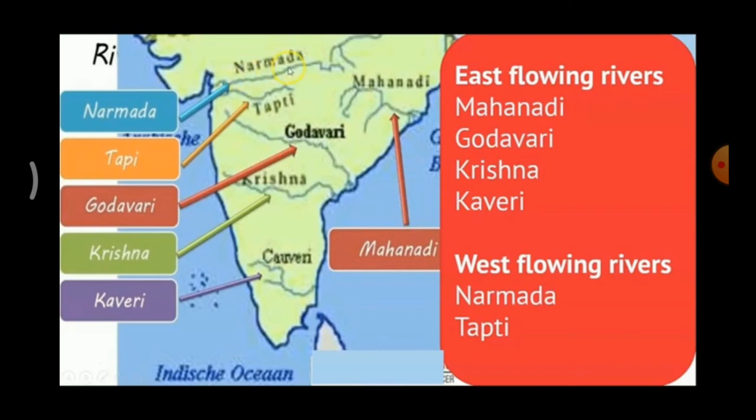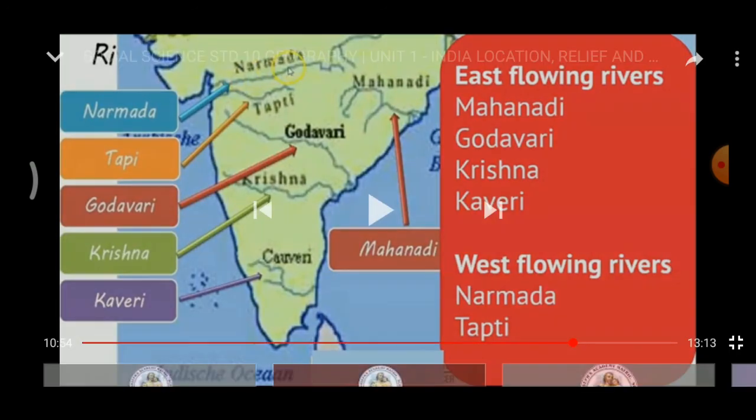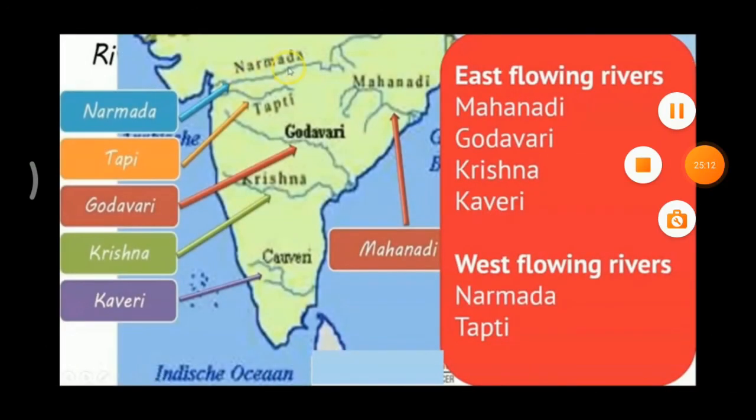Characteristics of South Indian rivers. These rivers originate from the Western Ghats. These rivers are short and narrow. These are all non-perennial rivers. The opposite of perennial is non-perennial. What is perennial? Flowing water continuously is called a perennial river. Suitable for hydropower generation. What is hydropower generation? Taking electricity from water. Not useful for navigation. Thank you.